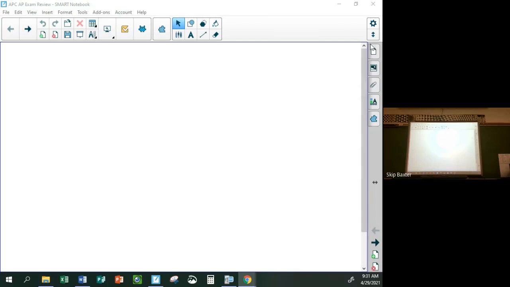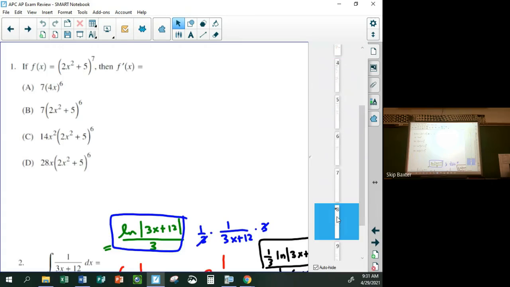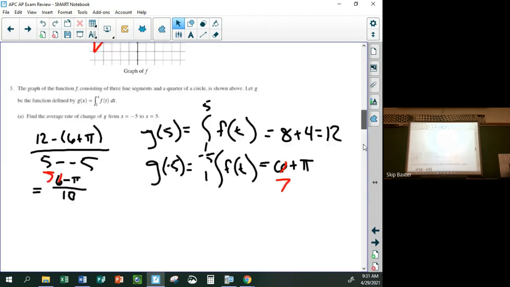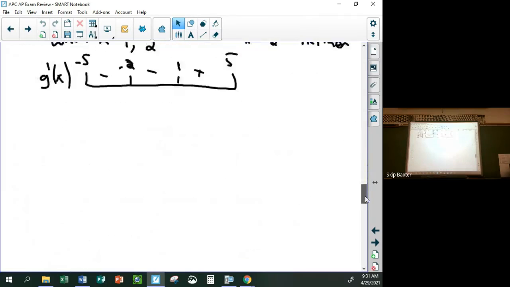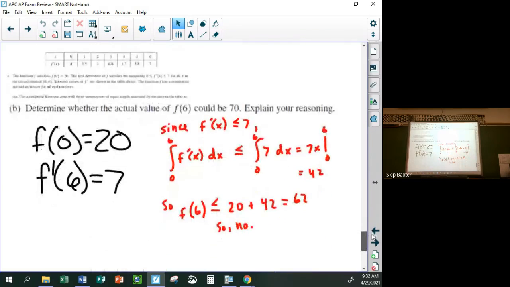So let's just talk about what we've done on number 4 so far, and then we can finish it. Okay, so remember 4A was a Riemann sum problem where you have to use midpoints to calculate the value of f of 6. So it was a combination problem with the Riemann sum and the FTC part 1. The second part of the question